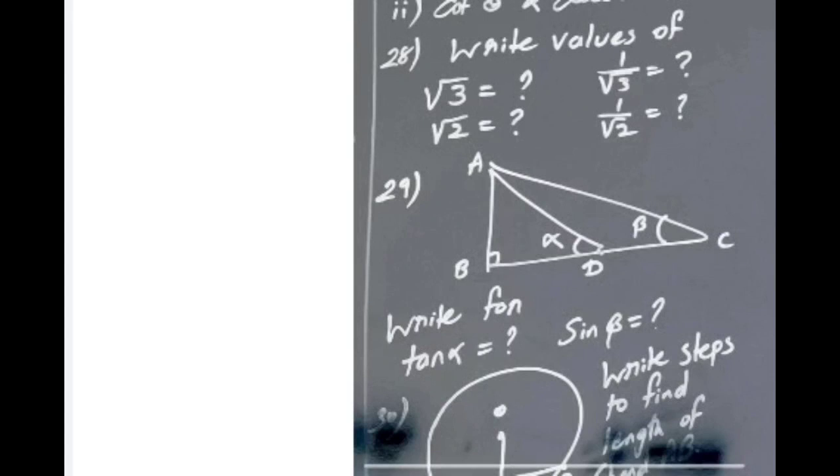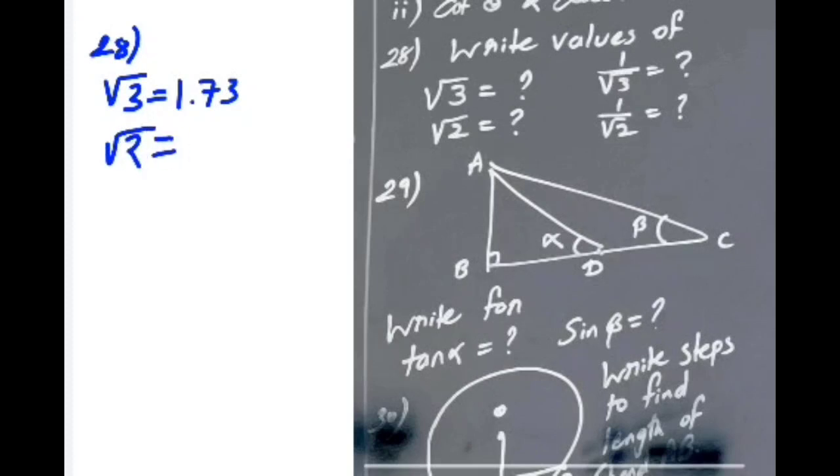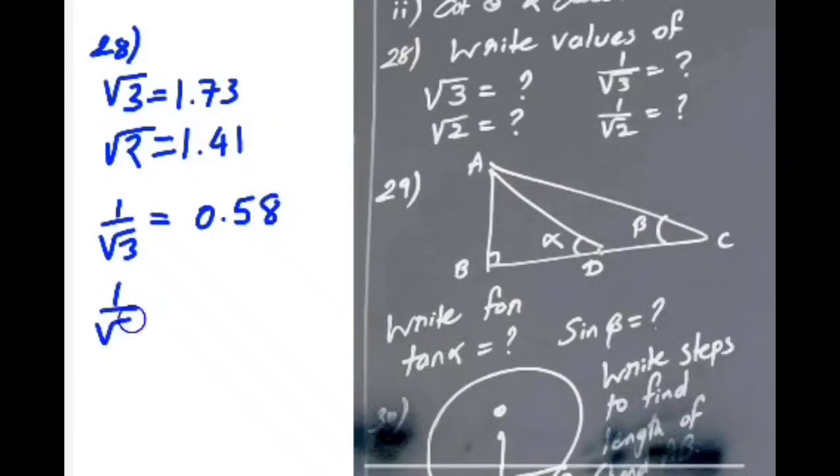Write the values of height and distance, which are used in application of trigonometry. So root 3 is equal to 1.73 and root 2 is equal to 1.41. 1 by root 3, its value is 0.58, and 1 by root 2, its value is 0.71. Okay,